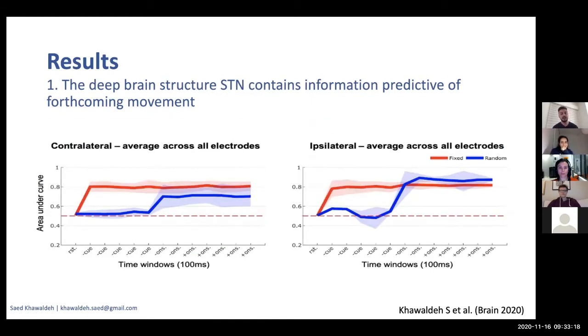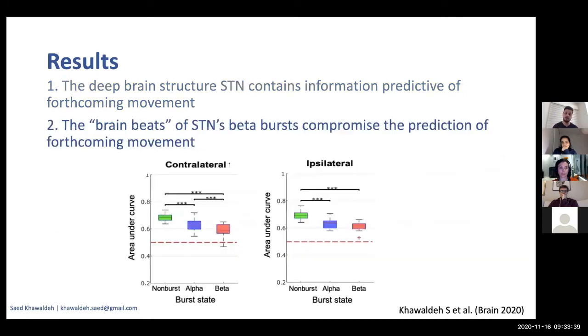The second piece of results, or the second objective which we wanted to look at, is the effect of the presence of beta bursting, which is pathological bursting, on the movement prediction accuracy, which we perceive as an indication of movement impairment. And as you can see from the results here, we have the three periods: no burst,